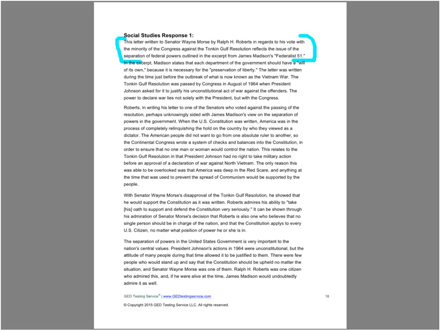And as you have time when you're back in your programs, take a look at this. This student has done a very masterful job of not only connecting to the source text itself, but also making that connection from a historical standpoint. And that's what is so essential, that as we're working with students within our classrooms, let's make sure that our students have that understanding of the Constitution itself and those enduring issues